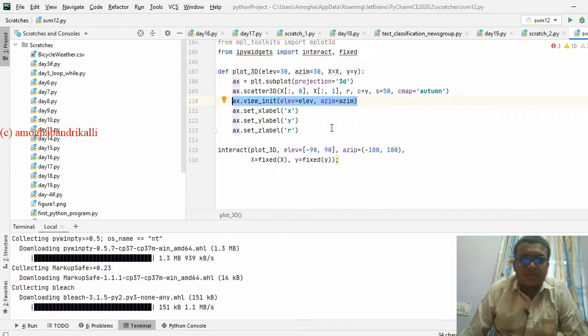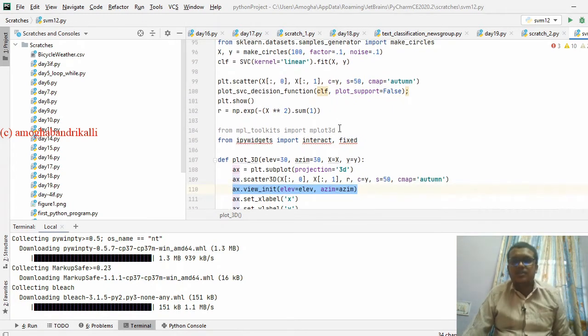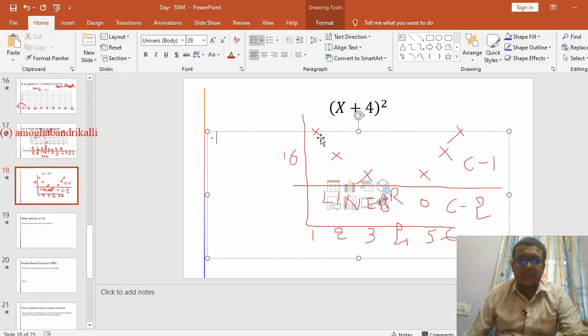Okay, it is taking too much time to run this one. Here what is going to happen is the same as before: it will be converting non-linear data to linearly separable data by shifting and squaring.